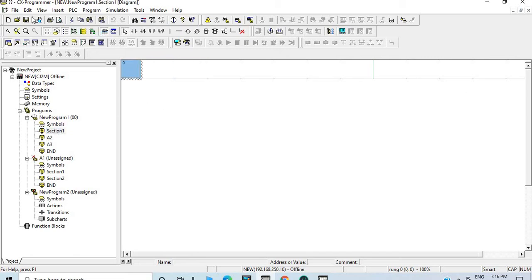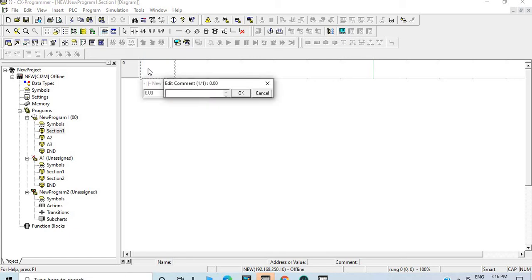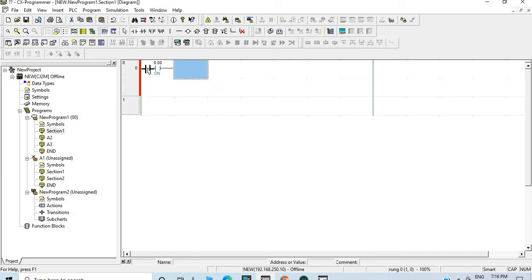Now here you can see that my PLC is offline. From here you can click and put the NO contact. Suppose I am giving address 0.00 and on. Okay, giving a comment to it.